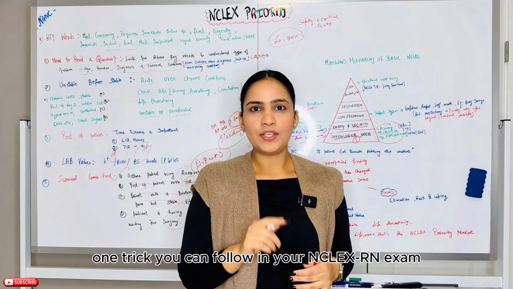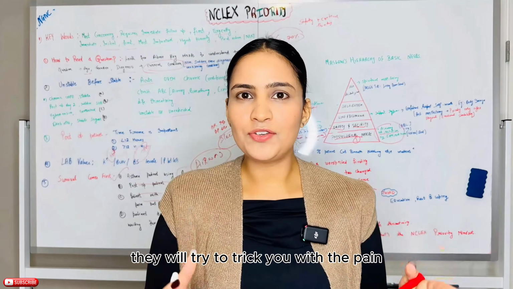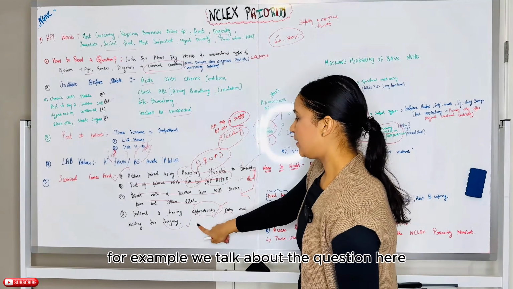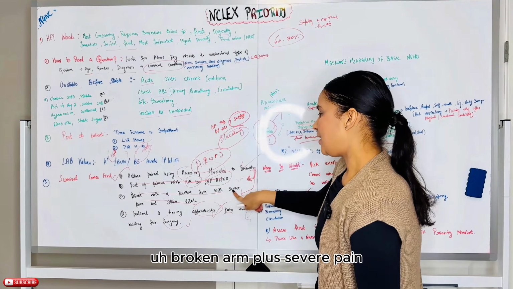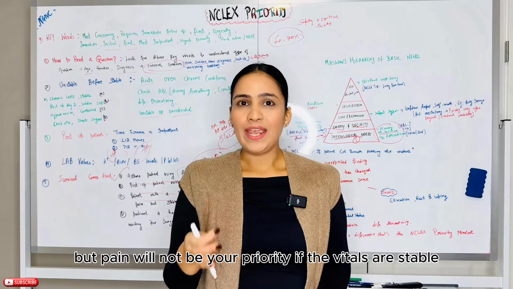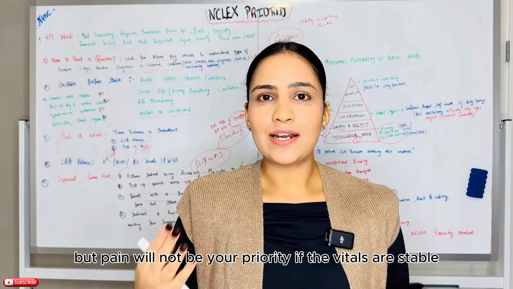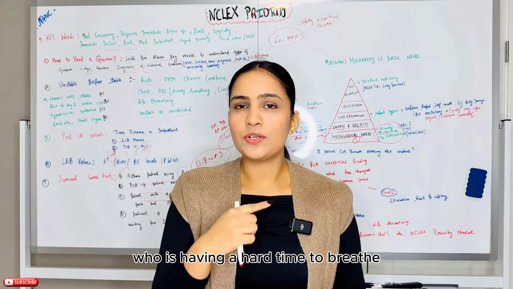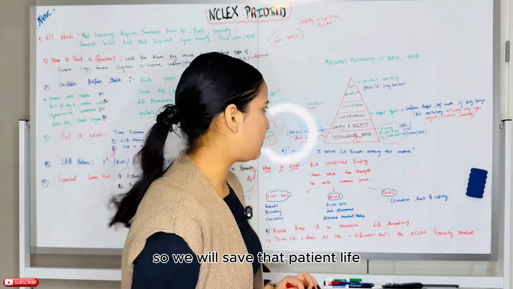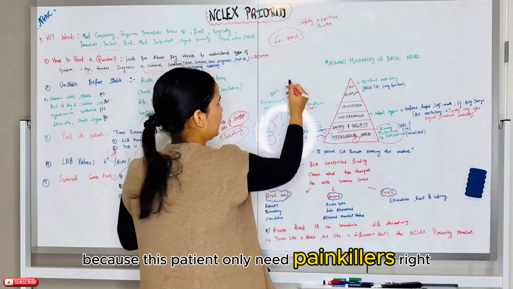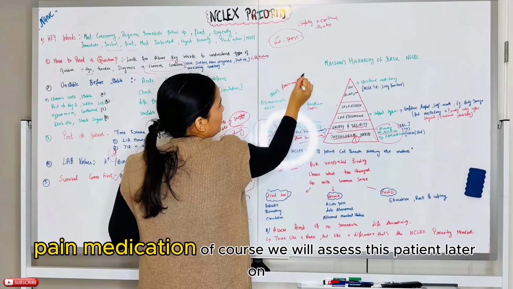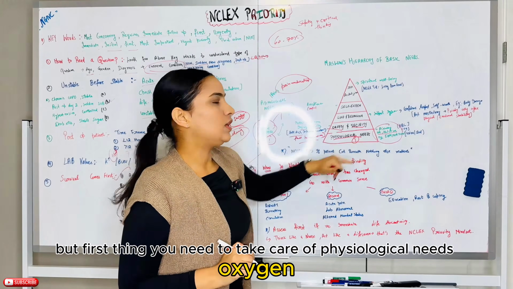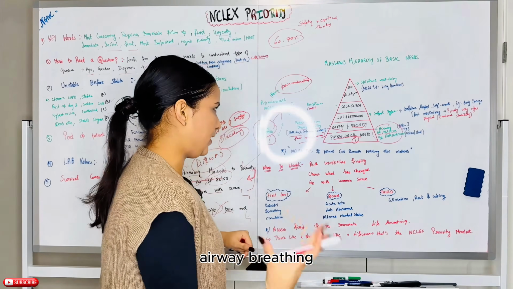psychological needs. One trick you can follow in your NCLEX-RN exam: they will try to trick you with the pain. They will be giving you severe pain. For example, we talk about the question here, broken arm plus severe pain. But pain will not be your priority if the vitals are stable. If the patient is breathing and is suffering from pain, we will be looking for the patient who is having a hard time to breathe. So we will save that patient's life, because this patient only needs painkillers, right? Pain medication. Of course, we will assess this patient later on, but first thing you need to take care of